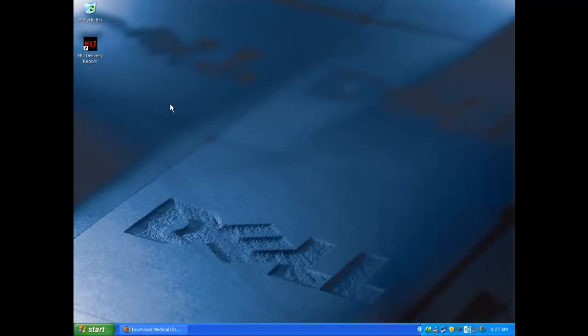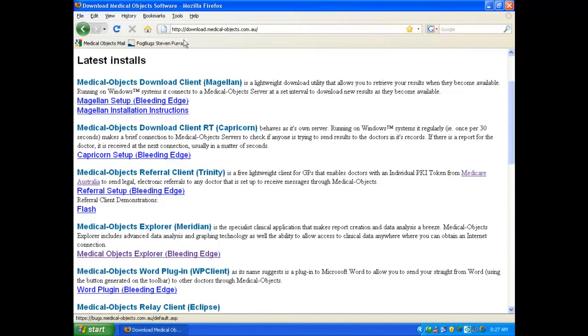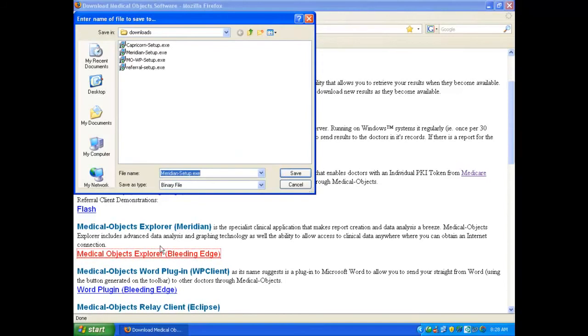The first step we need to take in order to install the Medical Objects Explorer software is download it from the Medical Objects website. So what we're going to do now is go to the website, which is www.download.medical-objects.com.au, and if we scroll down a little bit on the web page, we find a Medical Objects Explorer bleeding edge link. So we're going to right click on that, save the link as, and save